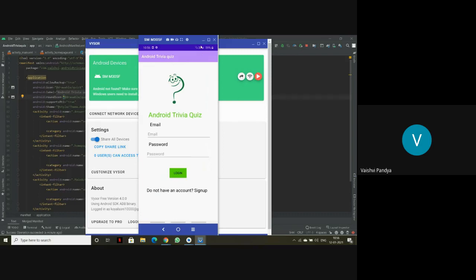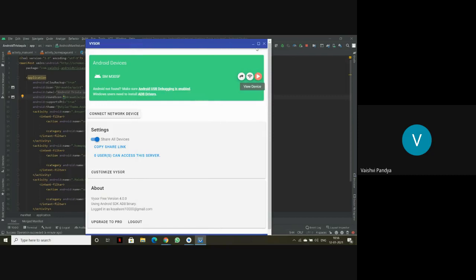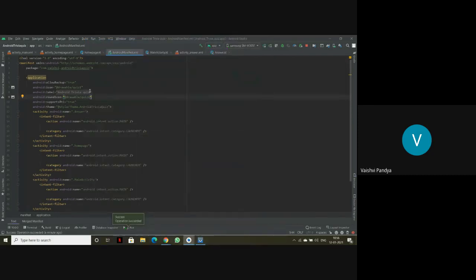If you have already made a file and think you don't have a good name for your app, you can change it here in the Android manifest file. As you can see in the Android label, it says Android trivia quiz. Instead of that, you can erase it and write anything you want. Let's write my quiz.